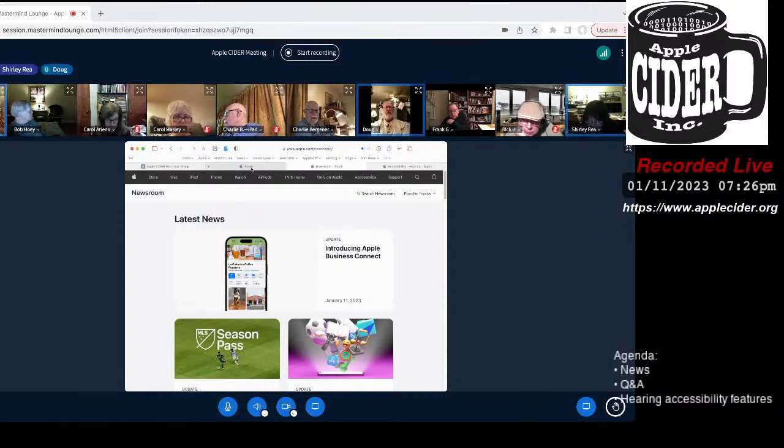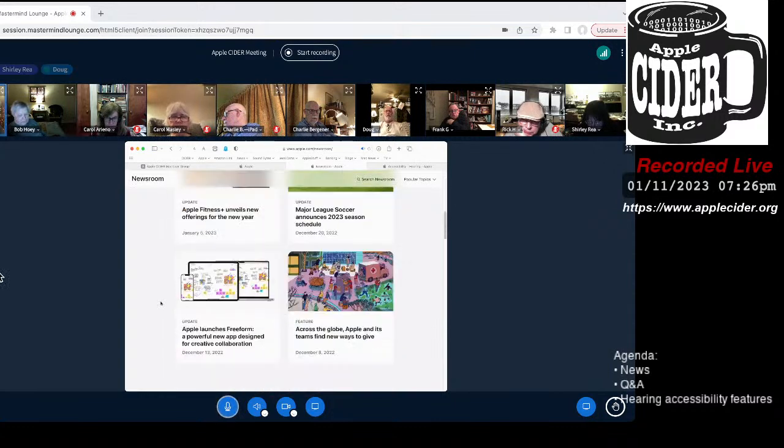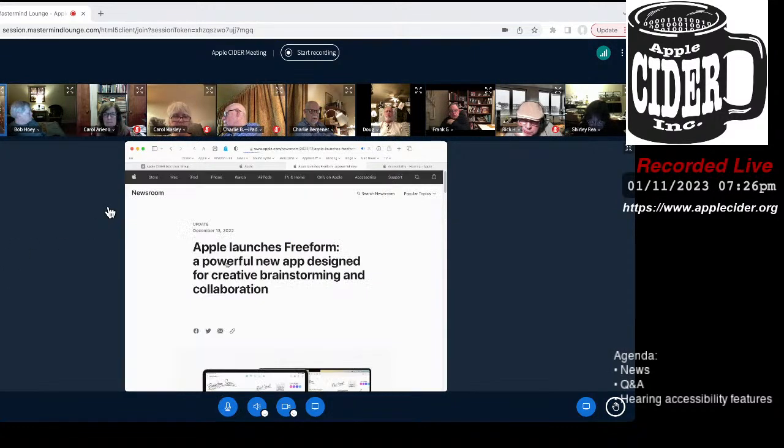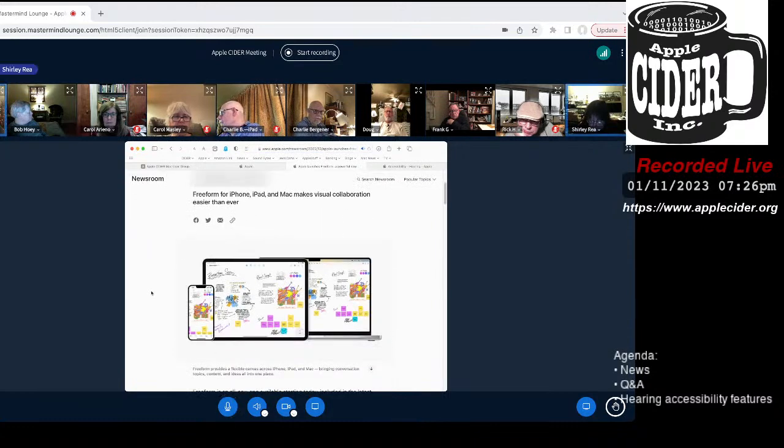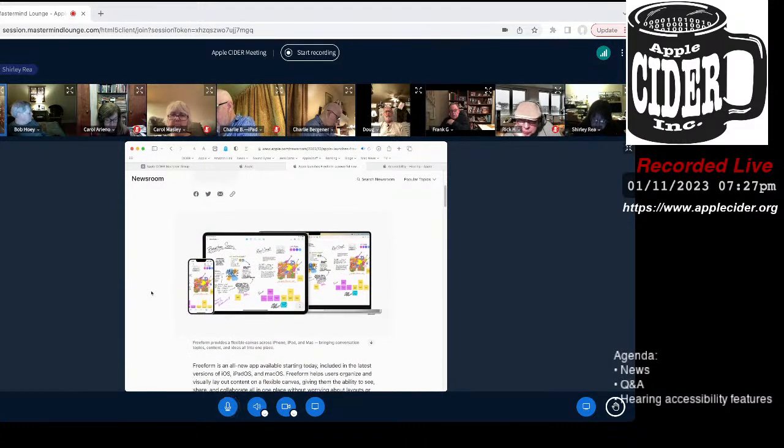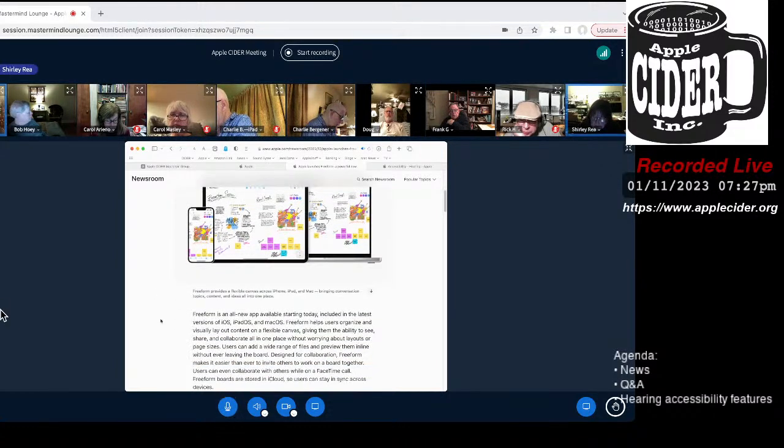They did just introduce a new software that we'll probably look at in a month or two called Freeform. It's a collaboration program. It's basically everyone gets a whiteboard and you can each draw on it and collaborate among yourselves. So it's document sharing. It's kind of interesting. A lot of people, especially in business, have already been using Teams for document sharing or Google Docs for document sharing. So now Freeform is available, but it's only available on Apple devices.